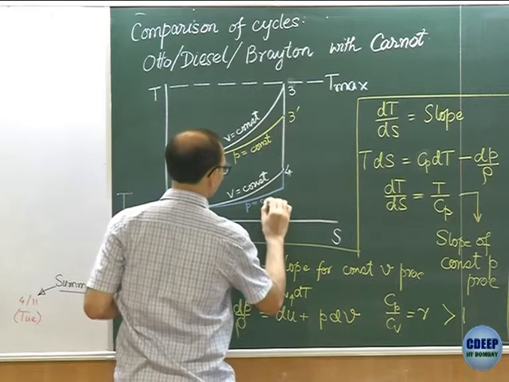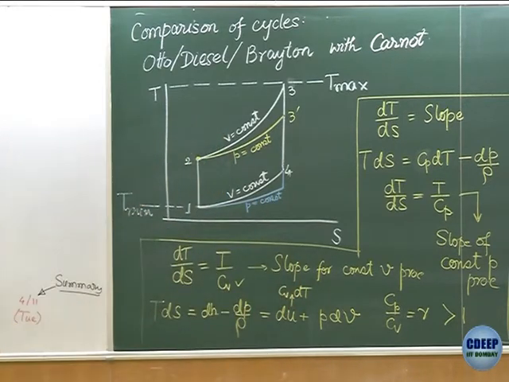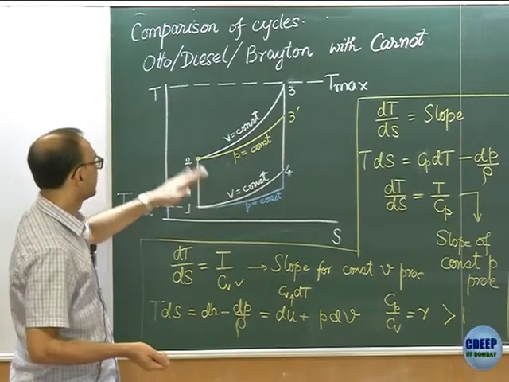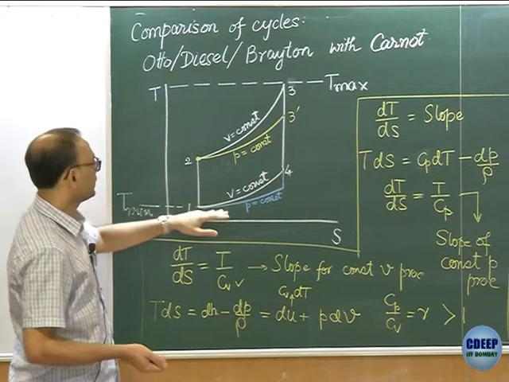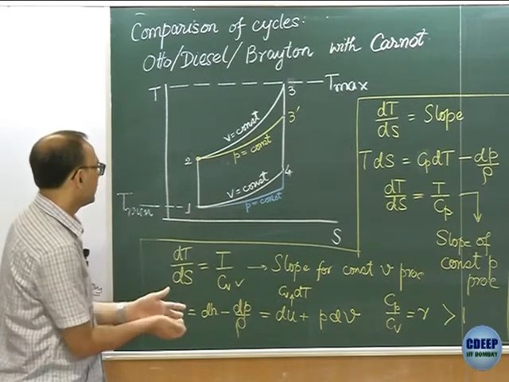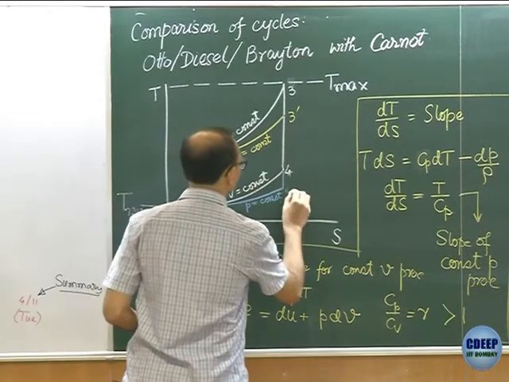P equal to constant. And if we go back to the saying that the area under these lines will be equal to the heat transfer, if you integrate the area under each of these, 1 to 4,